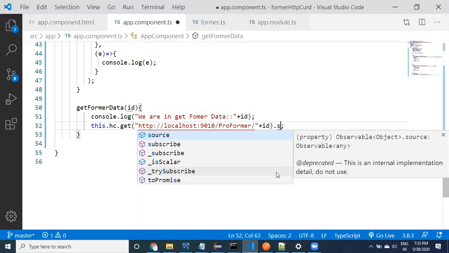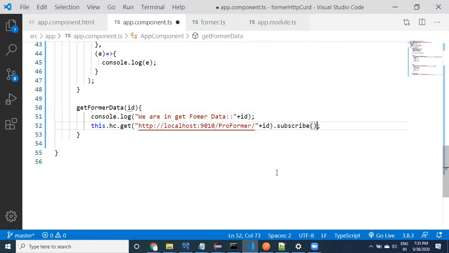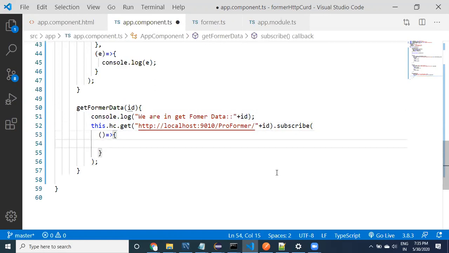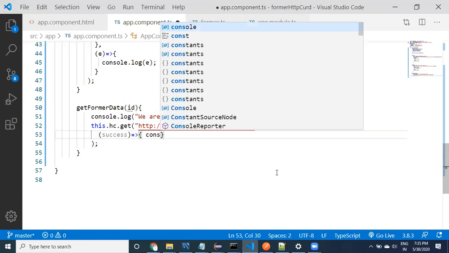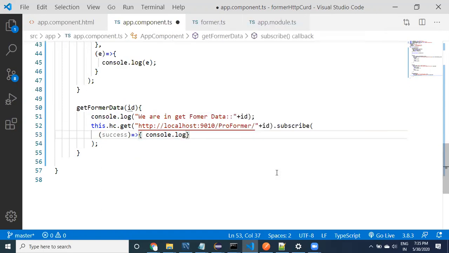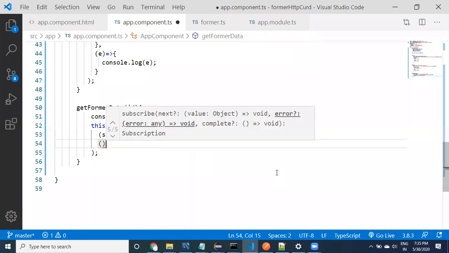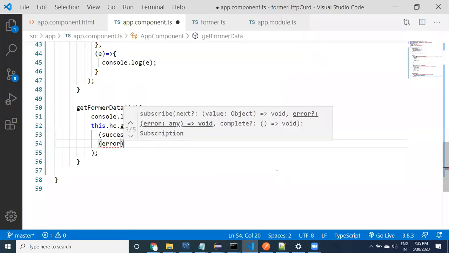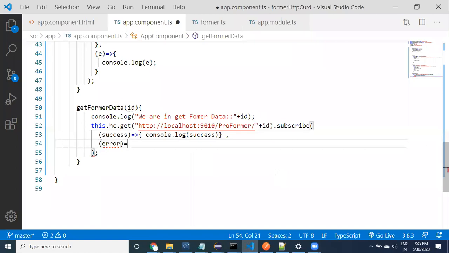We need to use subscribe. Provide a success method, with whatever variable name you want, like success data. First I just want to say console.log success information, and for the error, console.error.